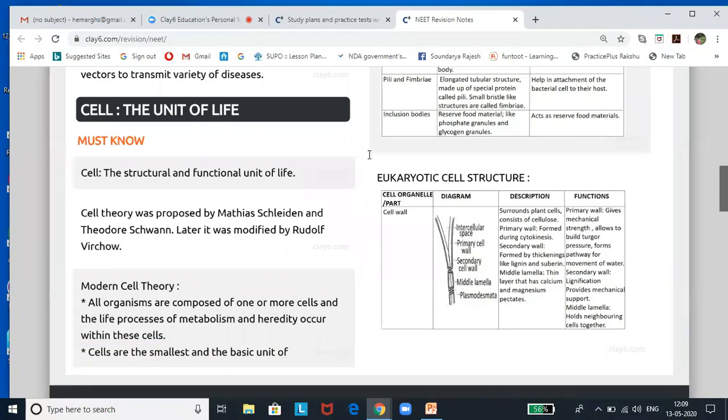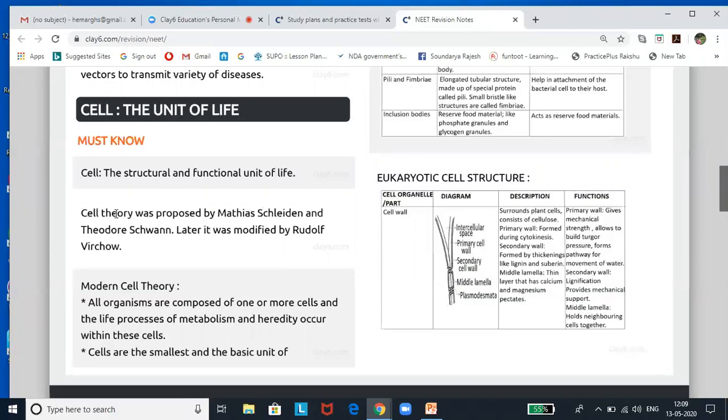Some are composed of a single cell and are called unicellular organisms, while others are composed of many cells and are called multicellular organisms. Anton van Leeuwenhoek was the first to see and describe the live cell. Robert Hooke discovered the nucleus. Due to the availability of newer tools and techniques, scientists were able to study the ultrastructure of the cell, and thus the branch of biology dealing with the cell, its structure and function, expanded into cytology.